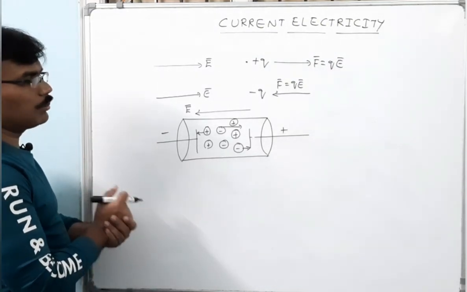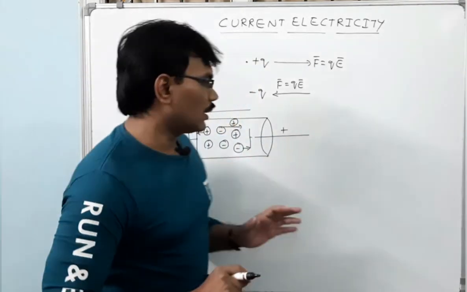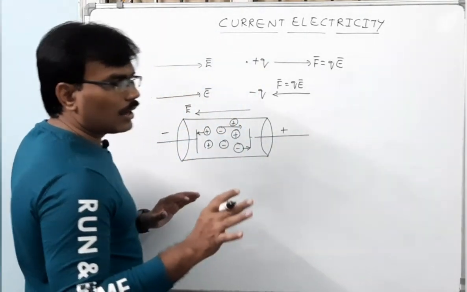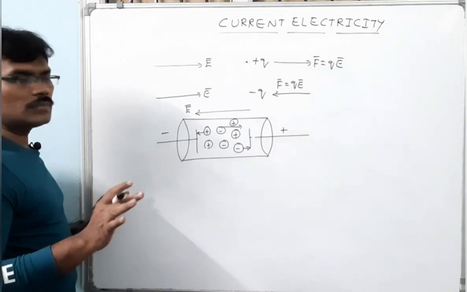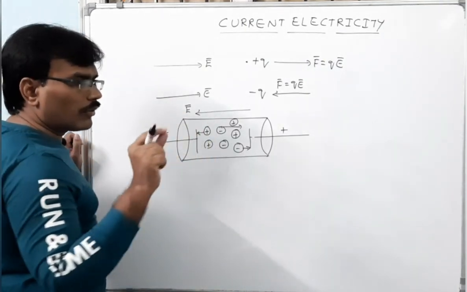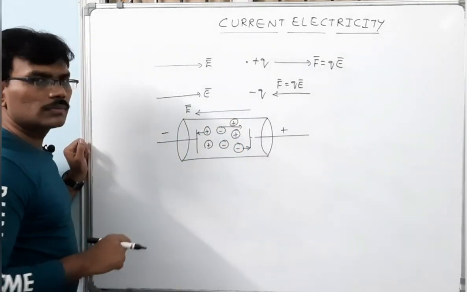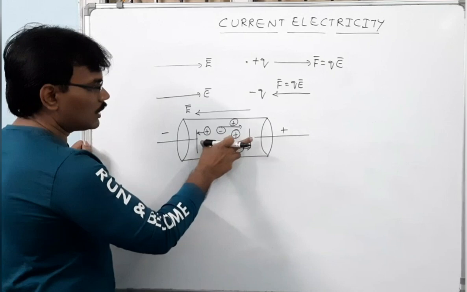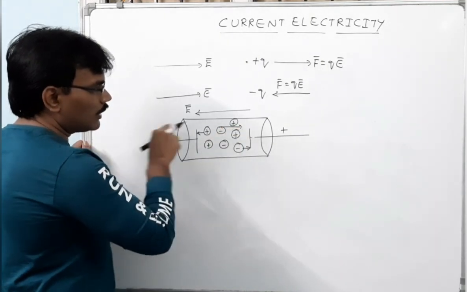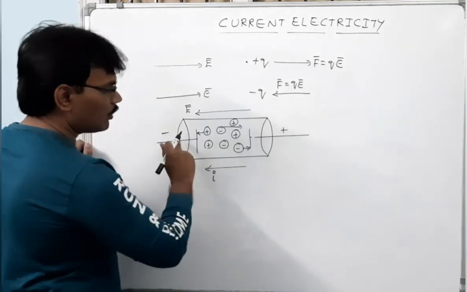That is very, very important. So there are two things: conventional current and electronic current. Conventional current is only a convention followed universally. All over the universe, we follow the same convention: the direction of current is taken in the direction of movement of positive charge carriers. So whenever you maintain a potential drop like this, positive charge carriers move in this direction, and therefore the electrical current is also taken in the same direction.